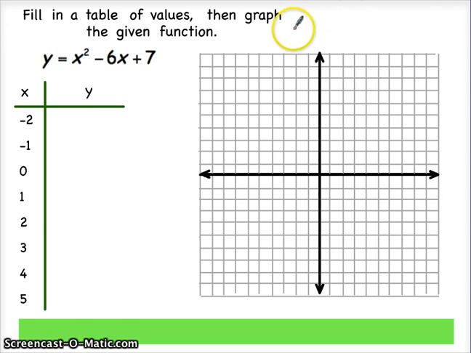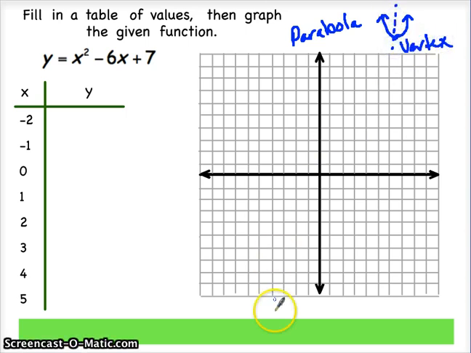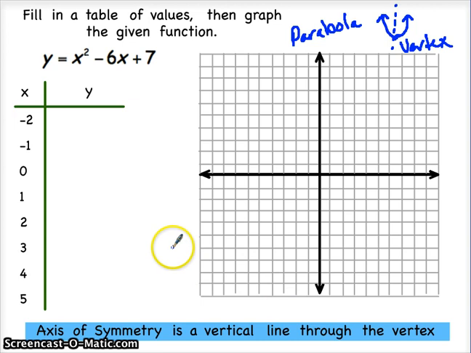going to give us what we call a parabola or a parabolic shape, basically a U shape, infinitely going out left and right, but traveling either up or down with a vertex at the bottom and an axis of symmetry running through the middle, which we have described at the bottom. The axis of symmetry is the vertical line that's going to run directly through the vertex, cutting our parabola in